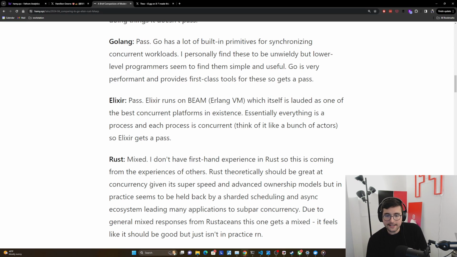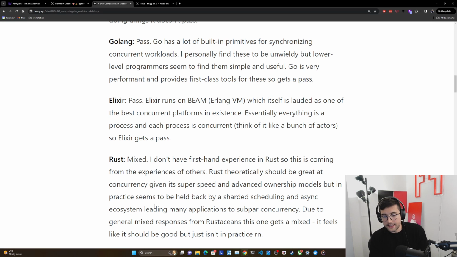But in practice, the whole ecosystem seems to be held back by sharded scheduling and async, which means that they're not tightly coupled, or not tightly engineered, so they don't work super well together. In a lot of applications, this seems to lead to subpar concurrency because these things weren't built to work with each other, and thus under normal real-life workloads, which deal a lot with async, you're not getting the best concurrency story out of this technology.